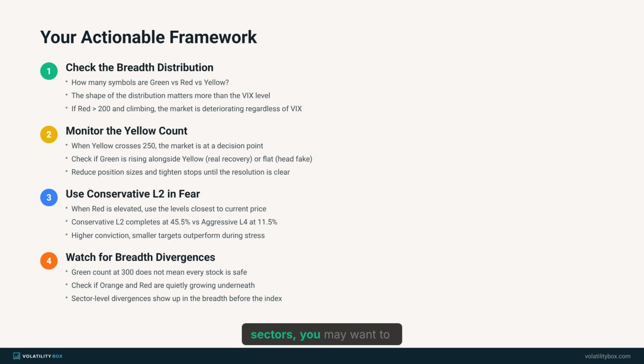So in those sectors, you may want to still be using conservative models, but in the stronger sectors, the aggressive models are completely open for you to be able to be using. So check these divergences and use that to help pick which volatility box model you want to use to go either long or short in the direction of the trend. And we have filters built inside of the scanner, plus new ones I released to make it really easy to